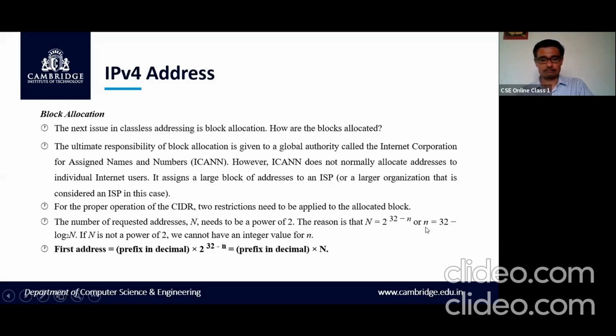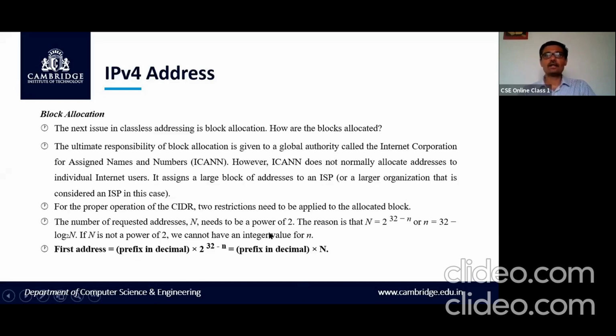Prefix length. Okay. So in order to decide n here, the n should be an integer value. It cannot be like 12.4 or 8.4. It should be 8. It cannot be 8.4. Instead of 8.4, it can have 9, like that. Okay. So therefore, it should always have a power of 2.